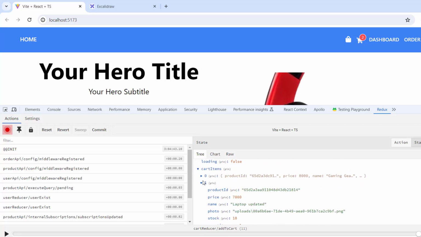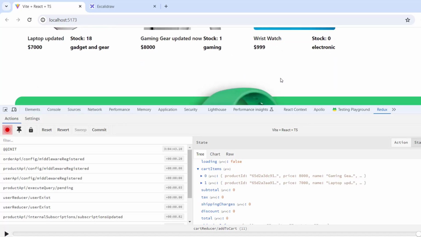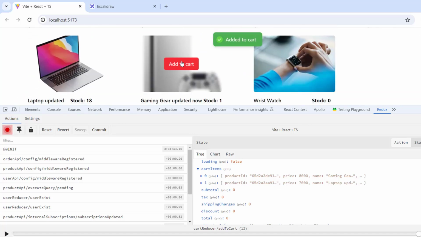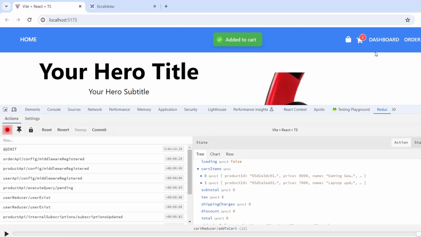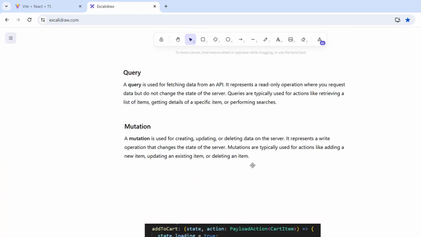So we have two items. If I want the same item, it will not add it, rather it will update. If I add it to the cart, it's still two, so it will not take the duplicate product, but I can update it. Okay, so here in the code it says,